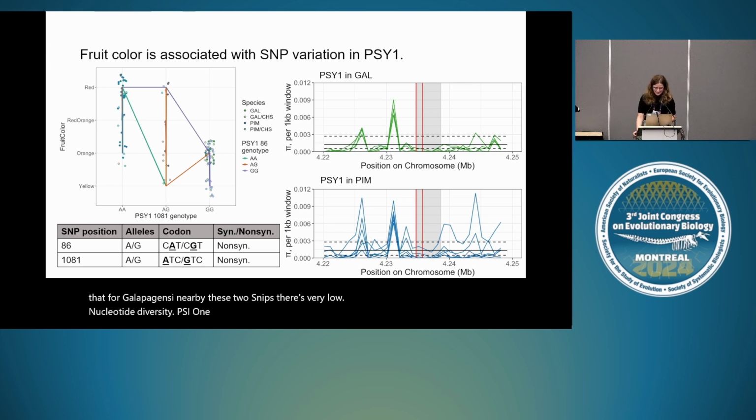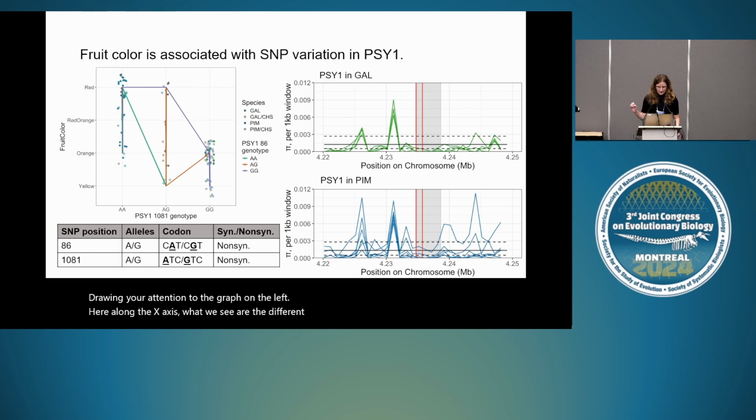Cy1 in Pimpinellifolium, genetic diversity is also low, but there are a few populations where it's elevated relative to other populations. Drawing your attention to the graph on the left, here along the x-axis, what we see are the different genotypes